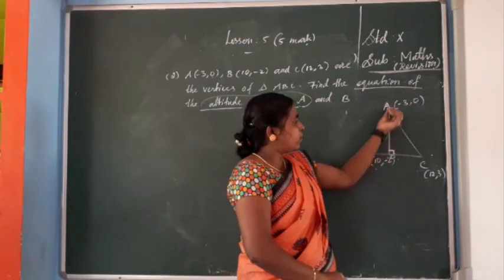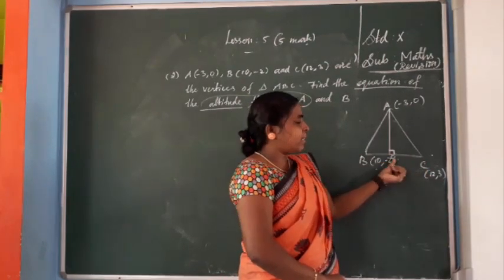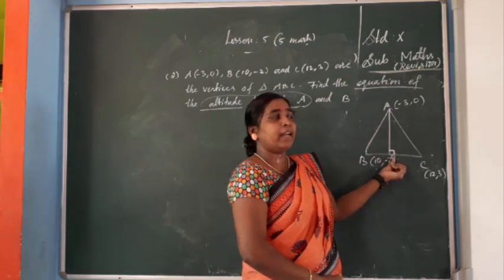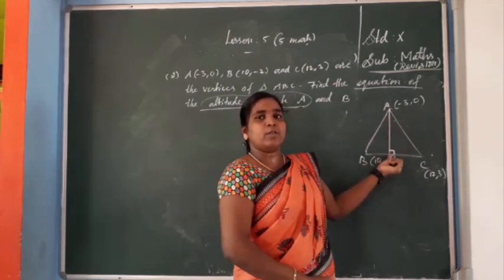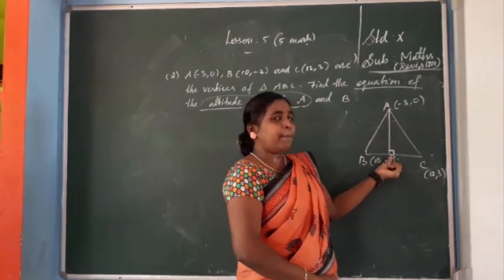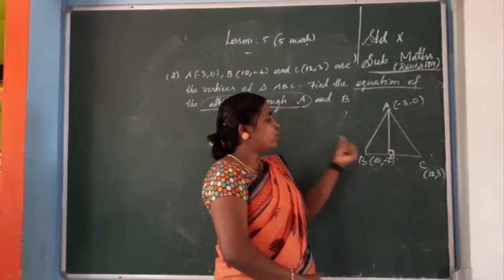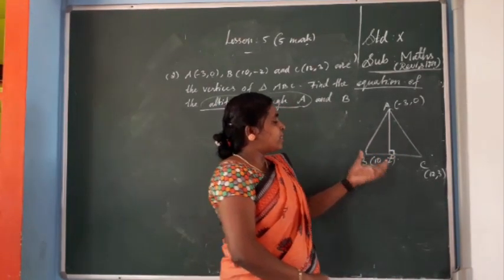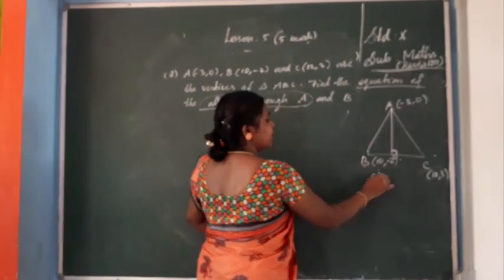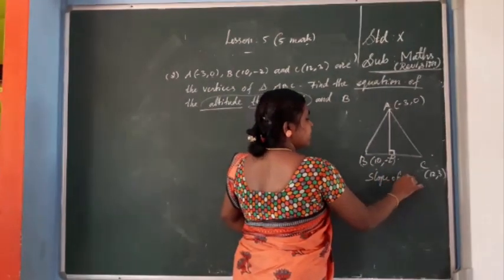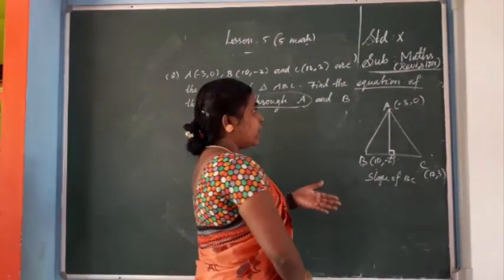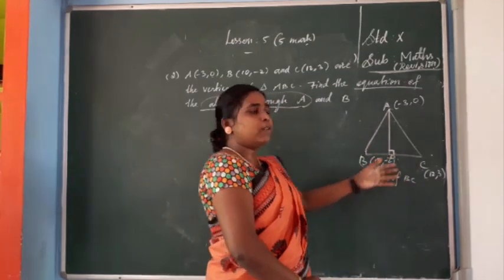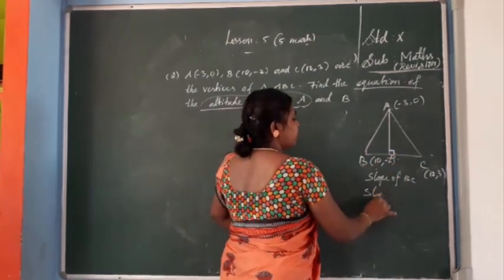You see, on BC, that is not a midpoint. Okay, you should not use the midpoint formula here. Median means we can use the midpoint. Okay, it will come in midpoints, median. But altitude means it is perpendicular only, not a midpoint. Okay. So first step, you have to find the slope of BC. Okay, slope of BC. This is the first step. Actually, we need the slope of AD only. AD is perpendicular to BC. So you have to find the slope of its perpendicular.